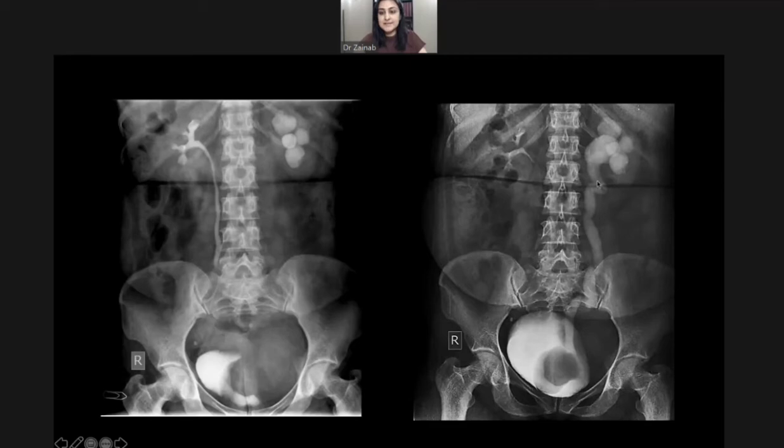I can see that there is a single system noted on the left side. There is no duplication seen on the left side, which is a significant finding. So why is that important? Commenting on whether it appears to be a single moiety or a duplicated moiety? Because, ma'am, we want to rule out a ureterocele in this case, and that is frequently associated with a duplex system where we will have an obstructed system along with an ectopic opening, and then we have a ureterocele also, which is typically associated. So that becomes something which is important.